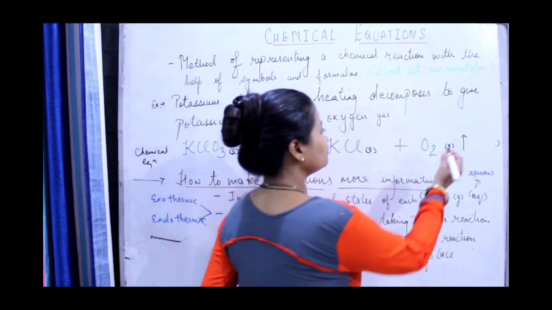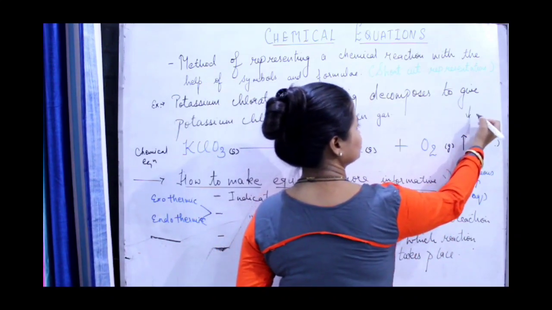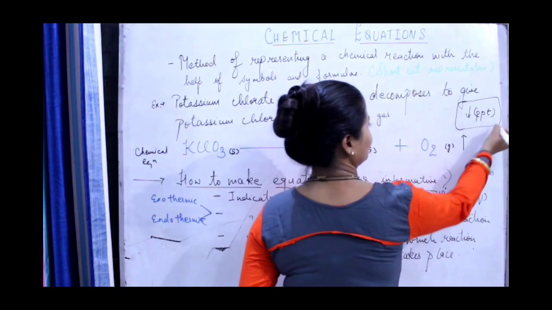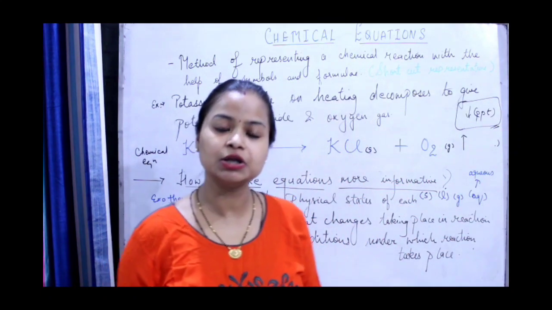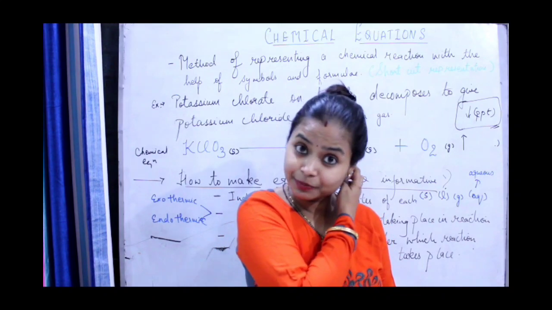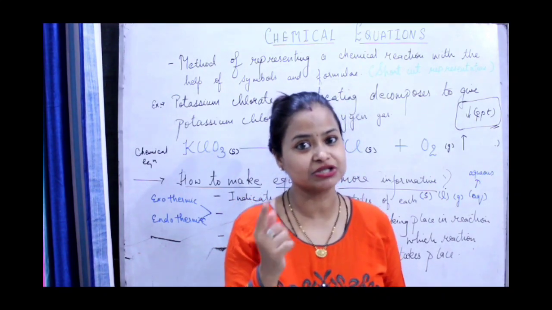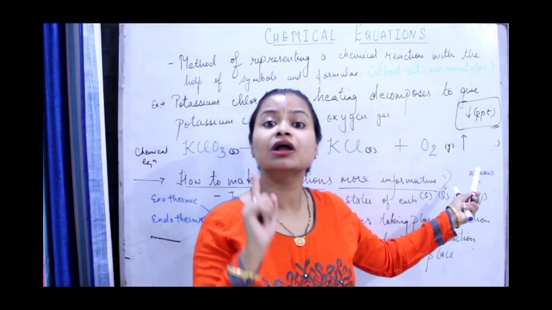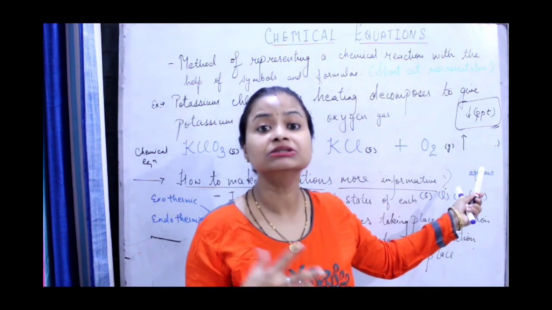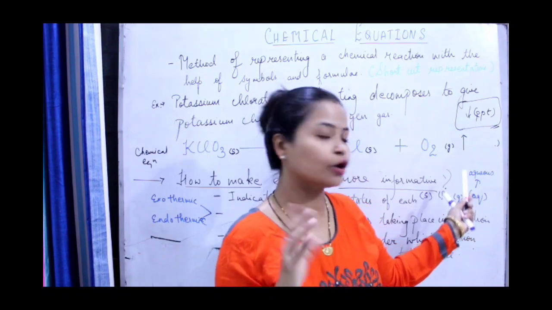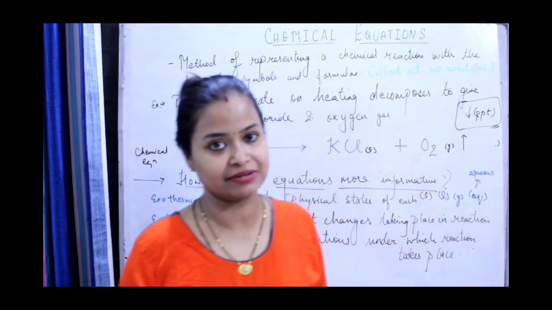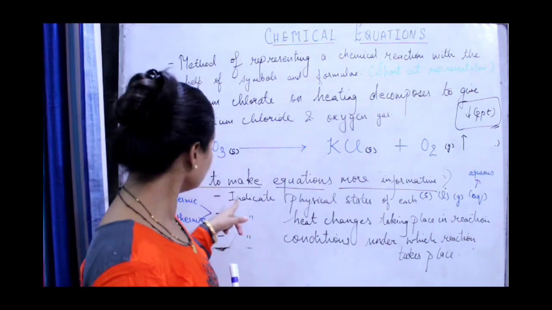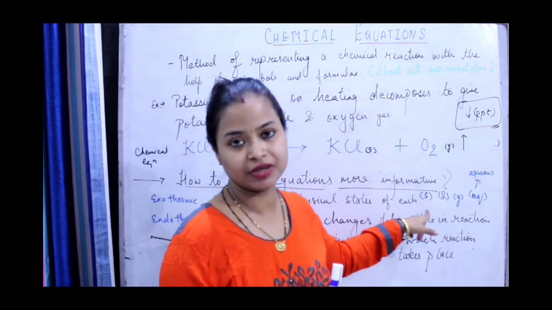Okay, sometimes you will find in certain reactions a downward arrow is there. A downward arrow represents ppt. Okay, remember this point also. Fine. In a chemical equation, if a downward arrow is there, that represents ppt, precipitate, which I have already told you. If in the chemical equation an upward arrow is there, it represents gas. Okay, if g is not written, then also you should understand that point. Okay, so this is the first thing. I hope you are clear. Indicate the physical states of each.